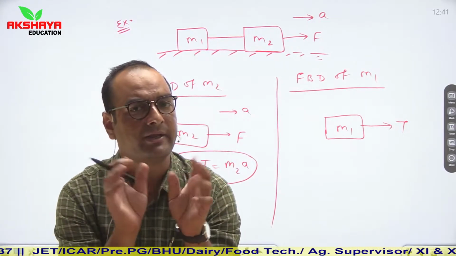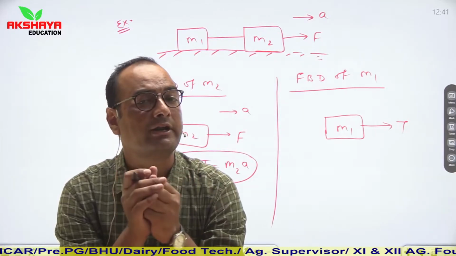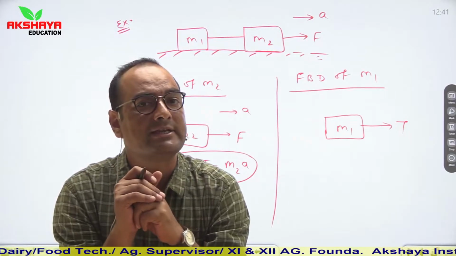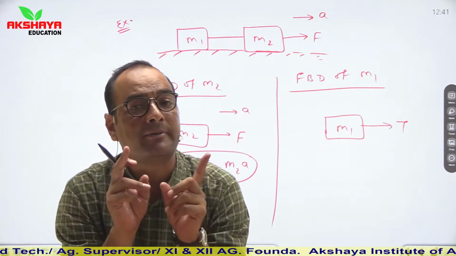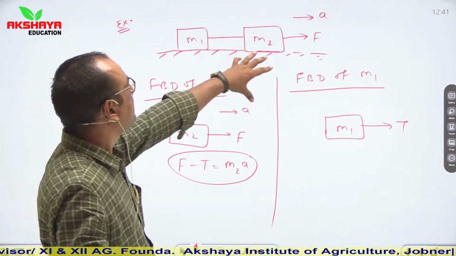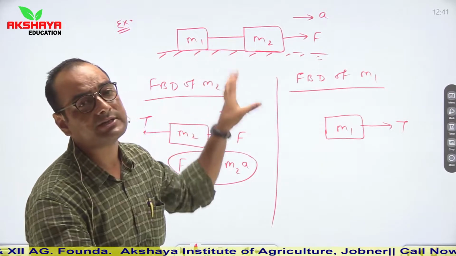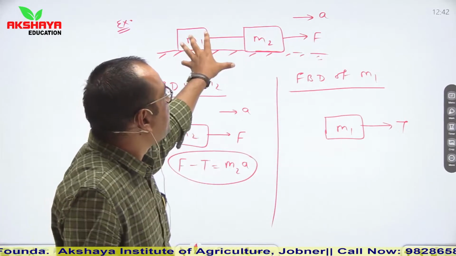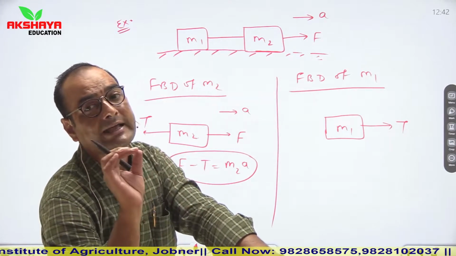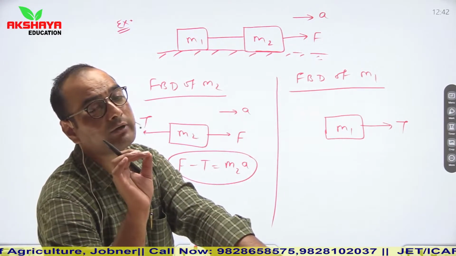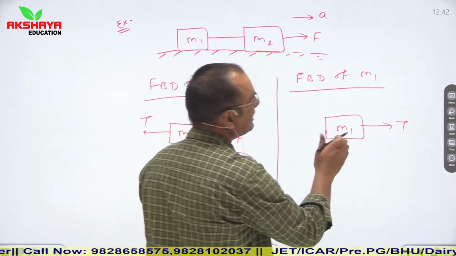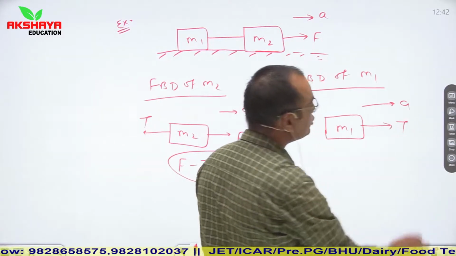So keep in mind simply that if different bogies of a train are connected by the same engine and the first bogie of that engine is pulled by an acceleration a, then all the bogies connected by that engine will have the same value of acceleration. In the same way, if two objects, three objects, 10 objects are connected by a string and they are applied an external force F, then all these objects will experience the same acceleration. Rather, you can say that all these objects will move by the same acceleration. So here also it is clear that this acceleration is in the direction of tension.